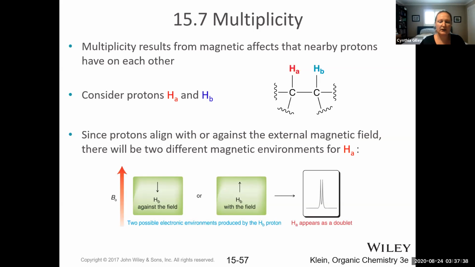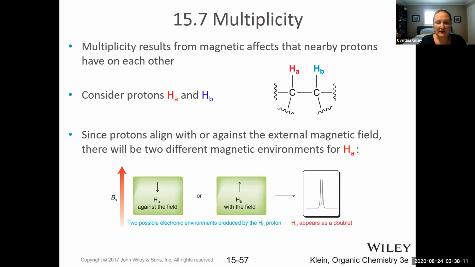So let's consider a molecule that might have 2 neighboring protons called HA and HB. Let's think about HA, right? HA has a proton in its nucleus. That proton is creating a magnetic field, called the magnetic moment. And what about HB though? HB's proton is also creating a magnetic field, and